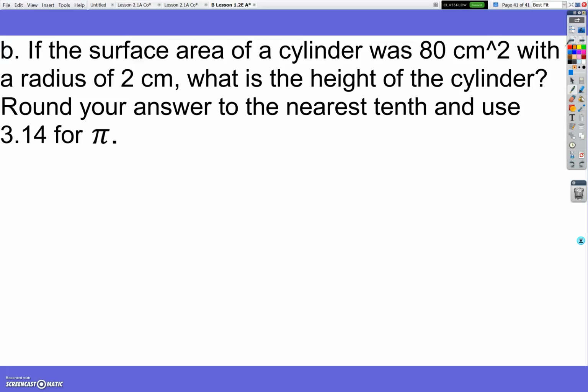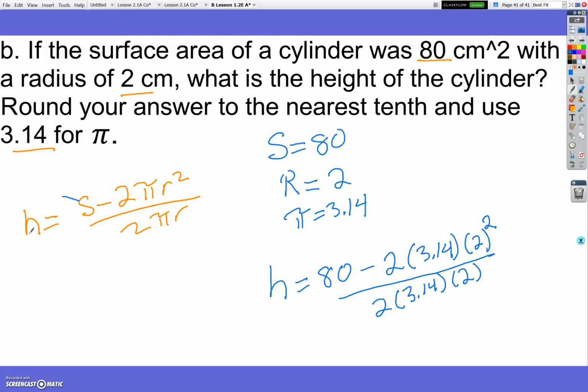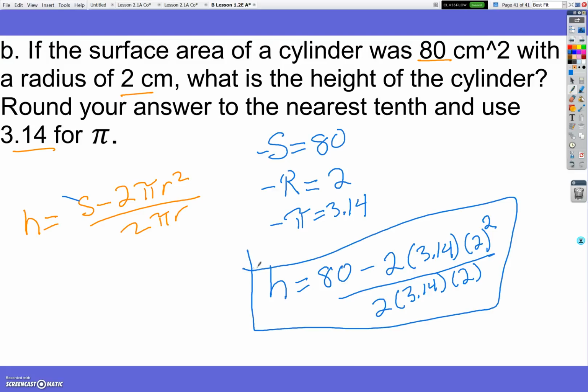Now what I want you guys to do is plug in these values into your equation and solve. So this was my equation, h equals s minus 2 pi r squared all over 2 pi r. I want you to plug these values into the equation and solve. It should look something like this, and I just want you to